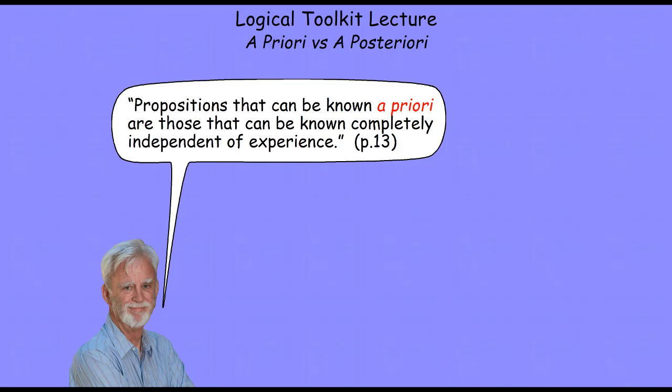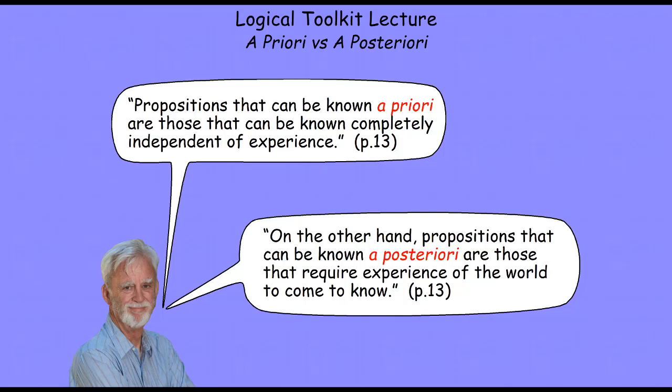So these are propositions that can be known prior to experience. On the other hand, propositions that can be known a posteriori, they tell us, are those that require experience of the world to come to know. So again, the rough Latin translation of a posteriori is after. So known after experience, or